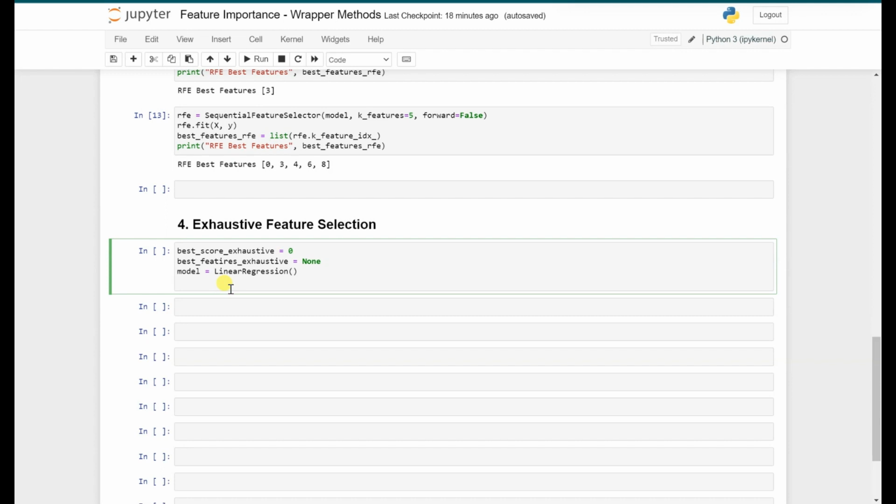So make sure you remember that. For k in range 1 comma x dot shape of 1,